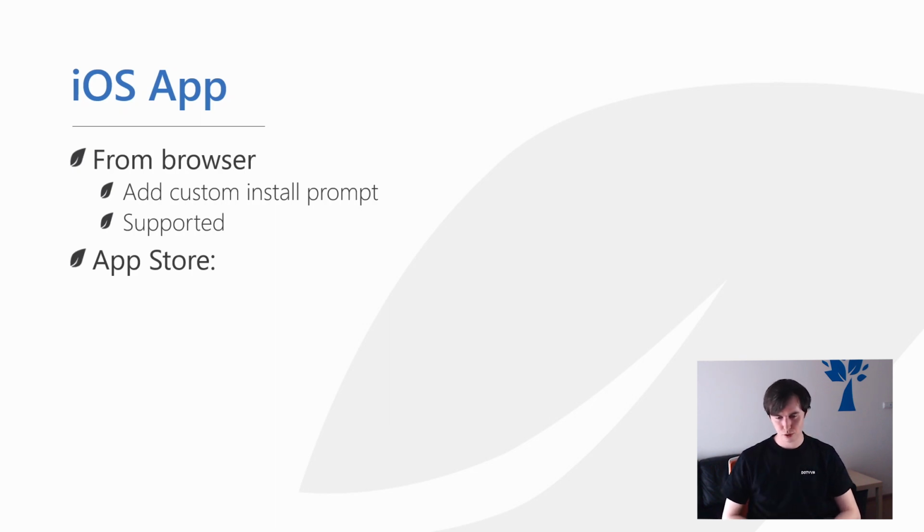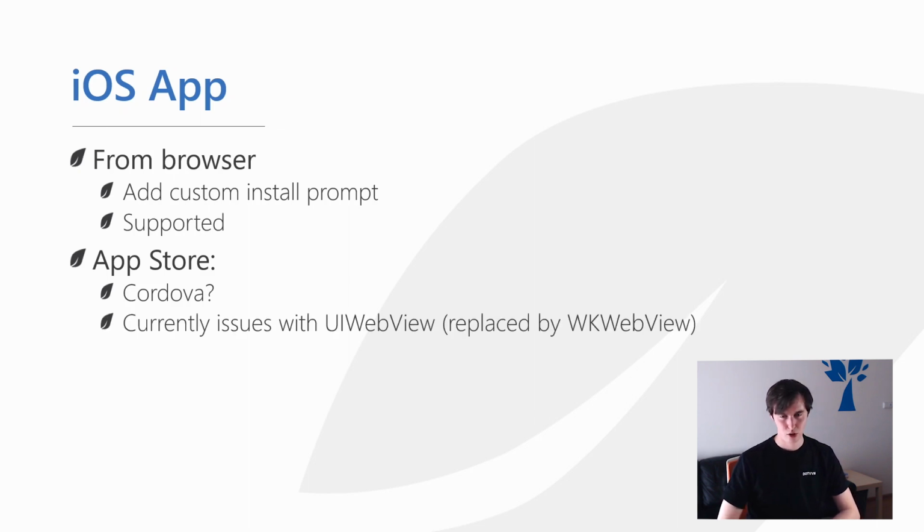If you want to go the App Store route, there is a slightly bigger issue. Well, not slightly, this is quite an issue. You can use Apache Cordova for hosting the application. You could use it until quite recently, until April of 2020, when the UI web view was kind of deprecated. Well, it was deprecated even before, but right now you cannot submit new applications using the UI web view, and